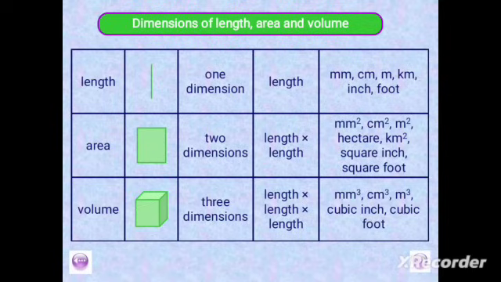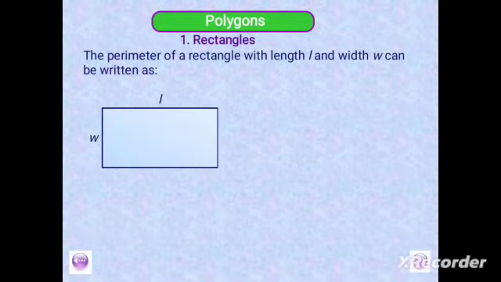and cubic foot. Our second subtopic is on polygons, and we are going to look at various kinds of polygons, starting with rectangles. And the perimeter of a rectangle with length L and width W can be written as